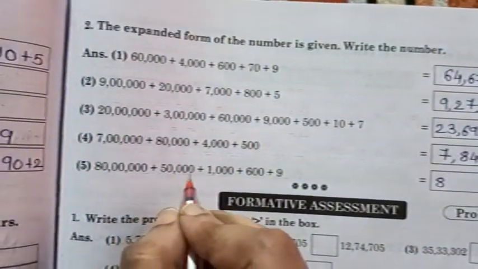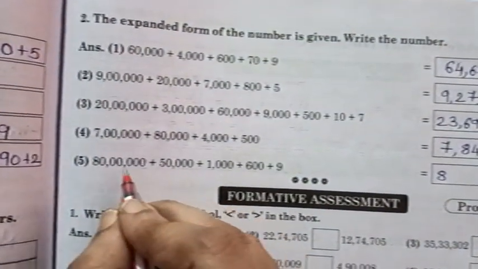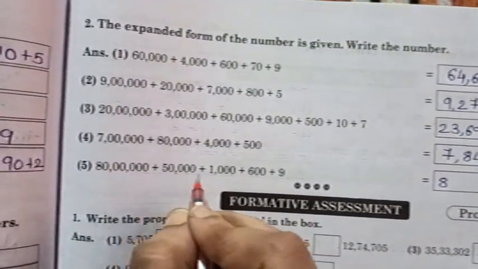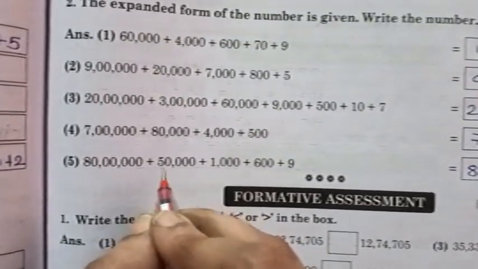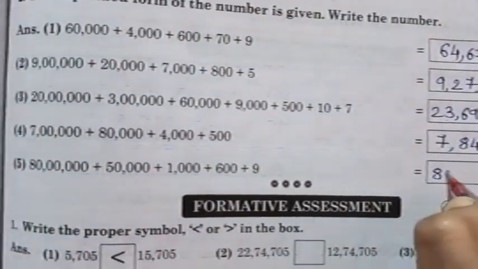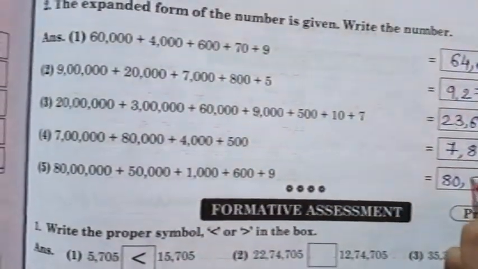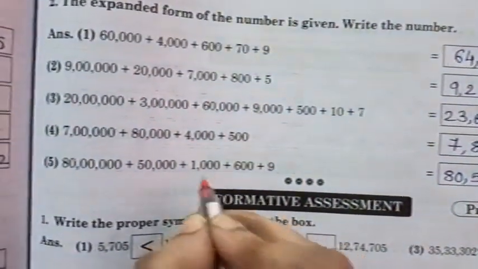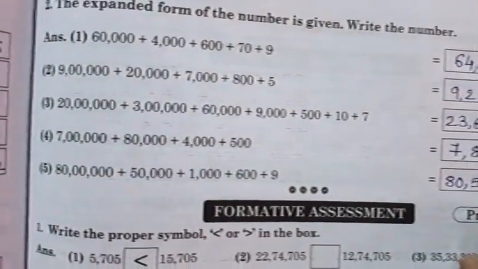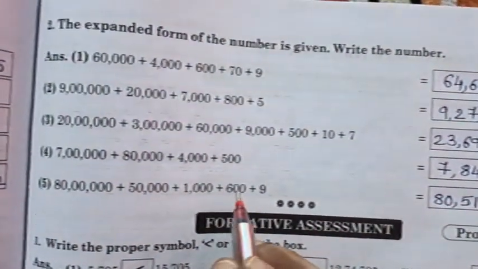Next, 6 zeros, that is 10 lakhs place, so 8 you will write. Then 50,000, that is 6 zeros and then directly 4 zeros, so there is no 5 zeros number, that is lakhs place, so it's missing, so we'll write here 0, comma. That is 4 zeros, that is 5, 10,000s place. 3 zeros, 1, that is thousands place. Okay, hundreds place it is 6.